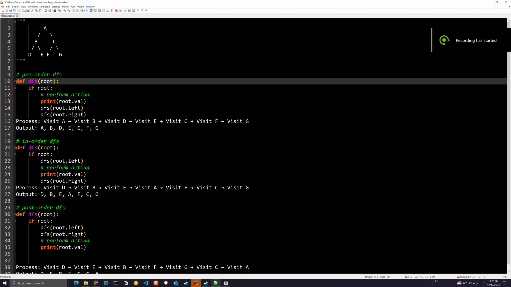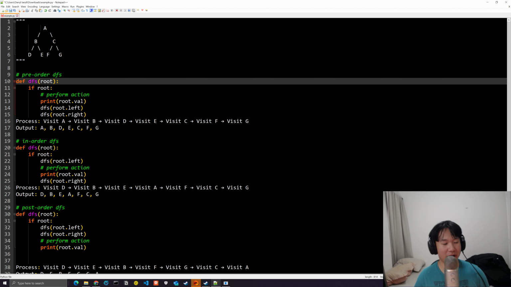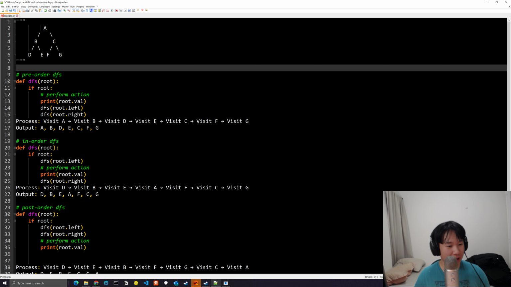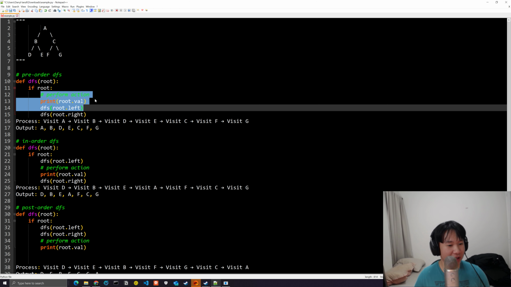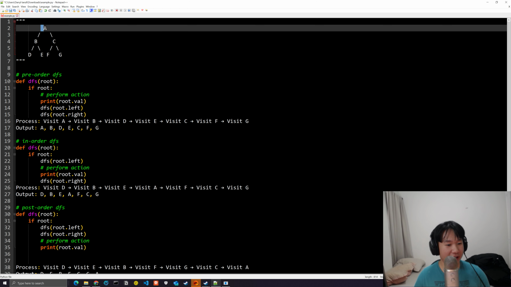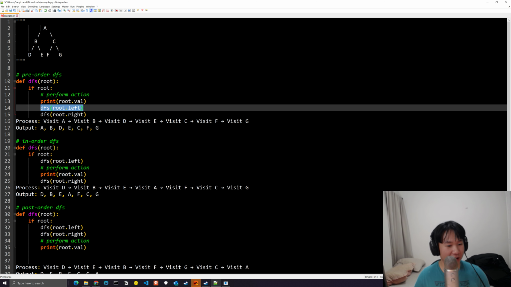Here's a quick explanation of various ways in which you can traverse through a binary tree. So the first one is pre-order. Pre-order is pretty much performing an action at the very beginning before calling DFS recursively on the left and the right subnodes. The way this works is you start off at A before you call on the left, you visit